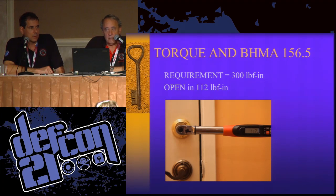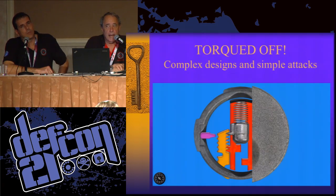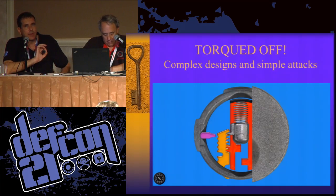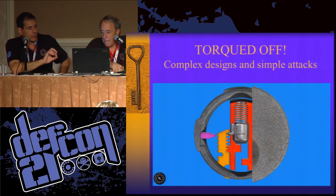We also ran some tests, and we were able to torque this lock at 112 pound-force inches. The standard actually requires 300, but their argument was, well, you're either sticking a paper clip or a broken-off piece of key into the keyway. There is one element that